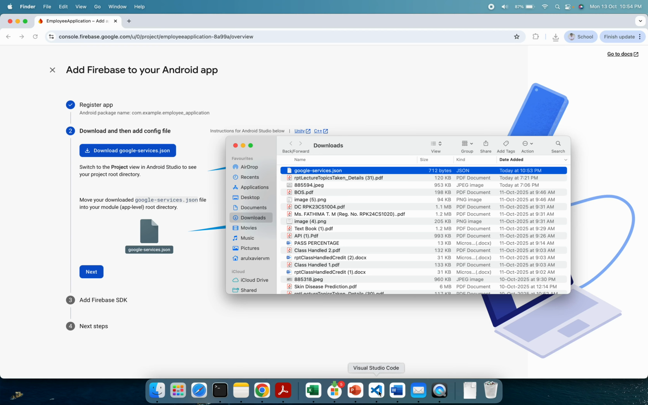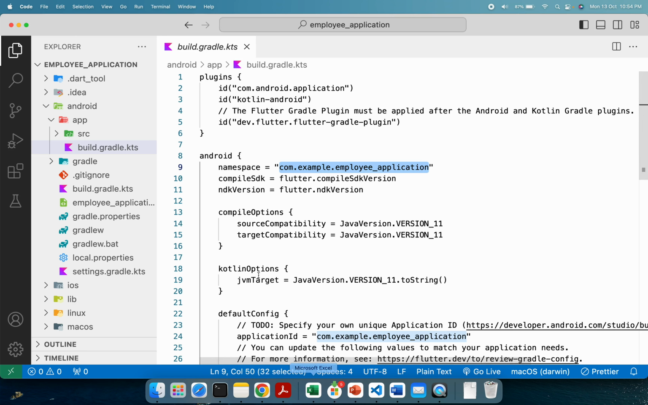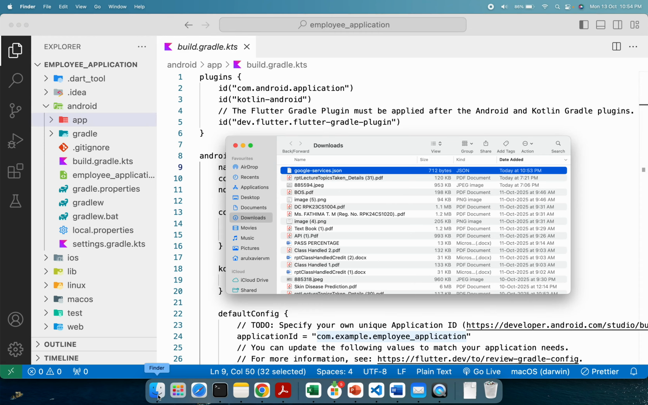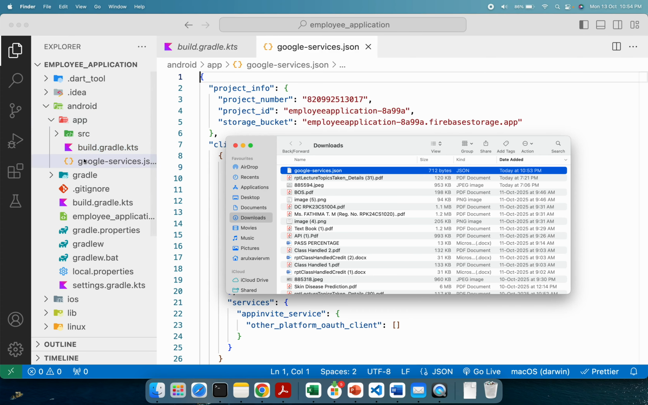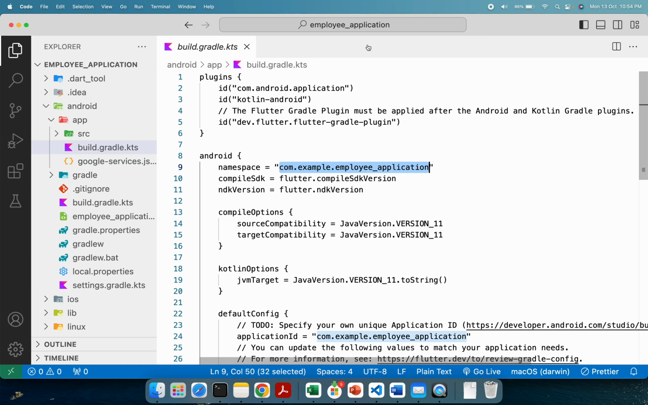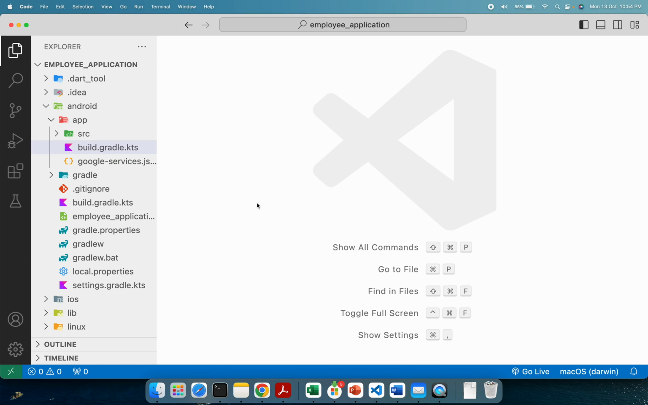So we have to go to this project, and inside this project there is an app folder, right? Here you can see the app folder. Inside this folder we have to copy and paste this particular file, google-services.json. Just drag and drop it inside this app directory, and it will come like this. So now we got the configurations in JSON format. We can close this. Okay, next what we are going to do is